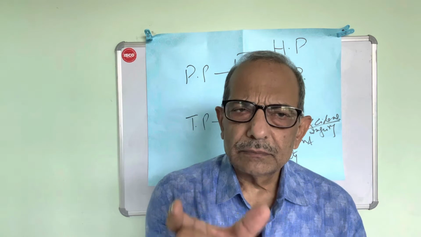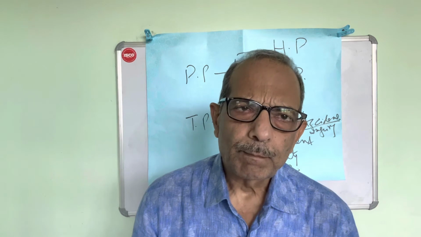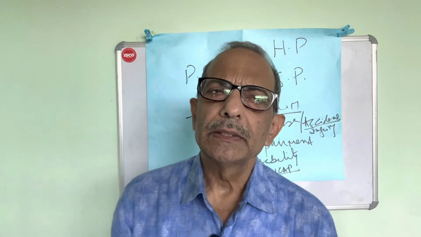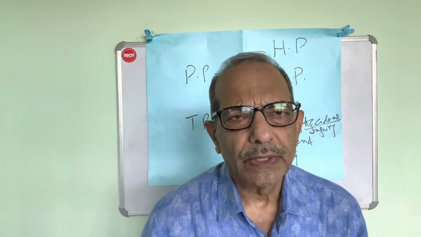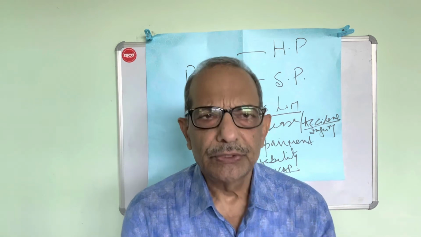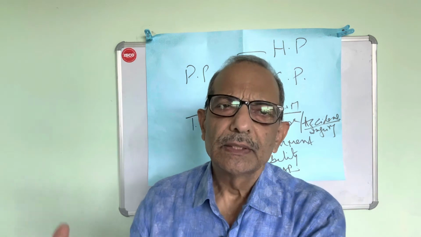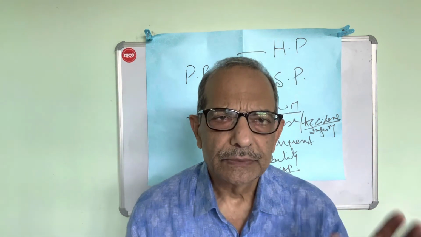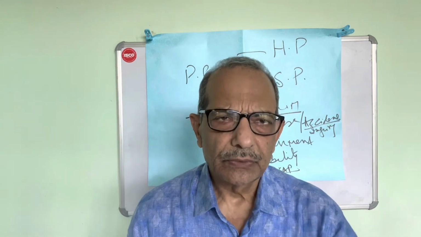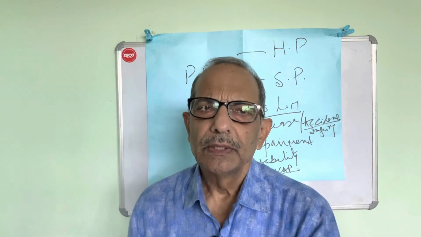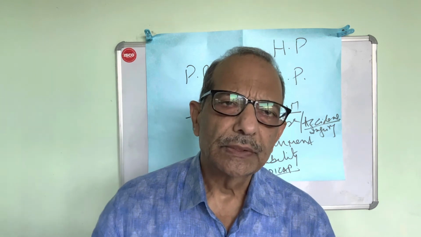There are 4 phases or stages in this concept of disability limitation. They are in a specific order, and that order is also asked in NEET, and we must remember it in our theory examination. That order is disease, impairment, disability, and handicap. This order you must remember. So I will repeat: disease, or in place of disease it can be injury. The second is impairment. The third is disability, and fourth is handicap.